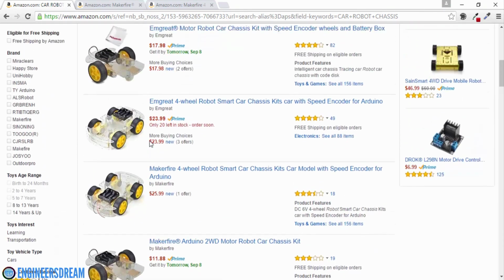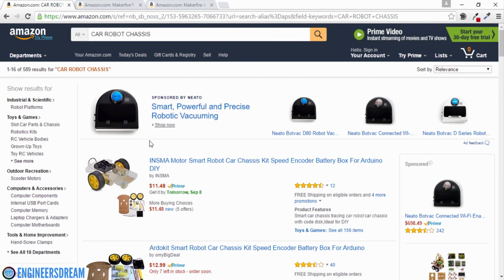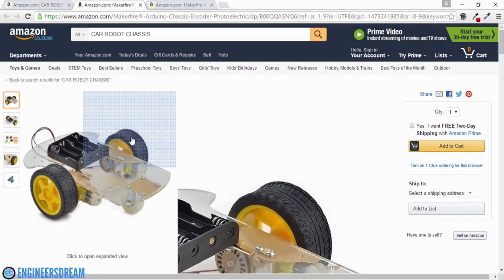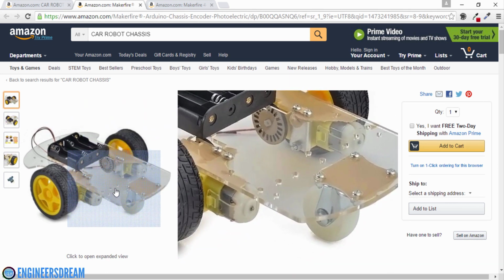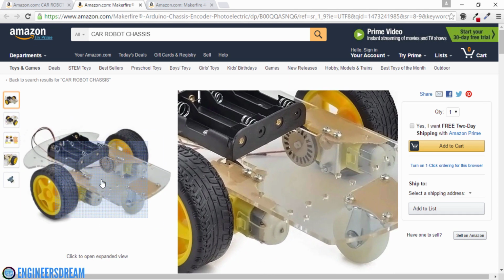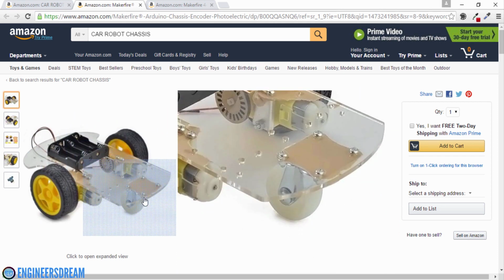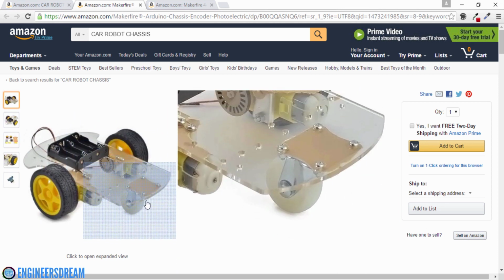Now, out of the multiple options that are available, I have opened two results over here. If you look at the first robot chassis, then it consists of one single plate. You can see the transparent plate over here. It consists of two DC motors which are fitted to the plate, and it consists of a small wheel in the front. This is one of the ideal chassis that you can purchase if you are a complete beginner to